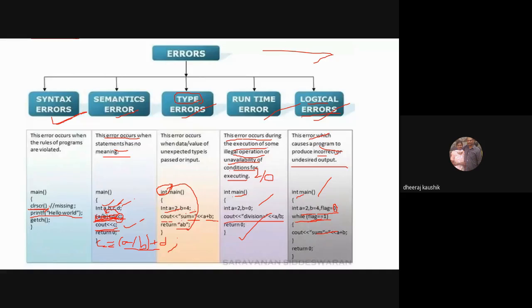Because the value of this flag always stays 0 as there's no updation, this program is grammatically fine. Even though it is grammatically fine, it does not produce an output, and you'll be wondering why. So this is the logical bug here, and you need to find a mechanism to update the value of flag.